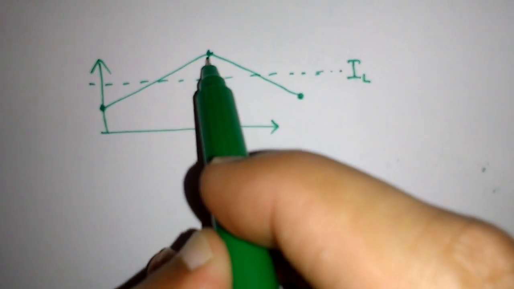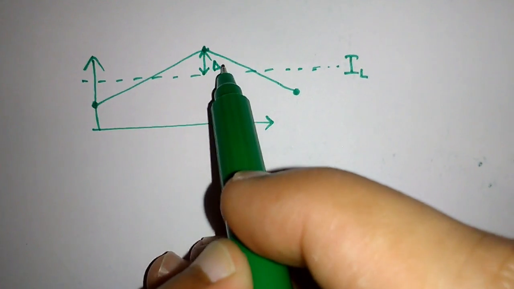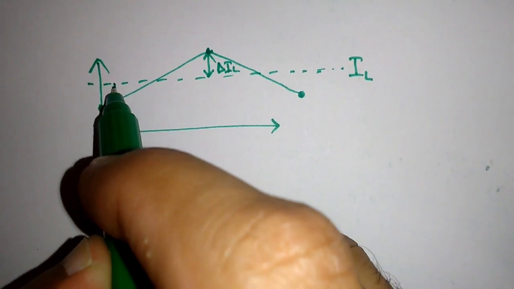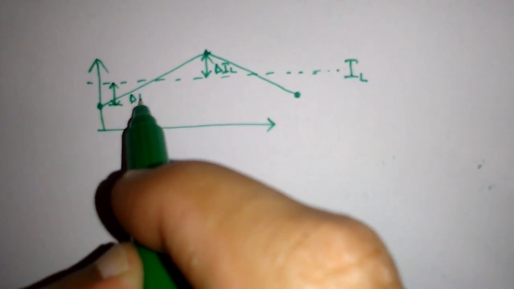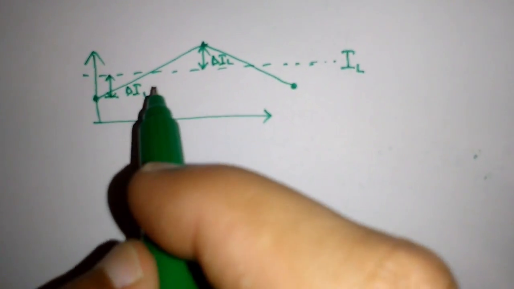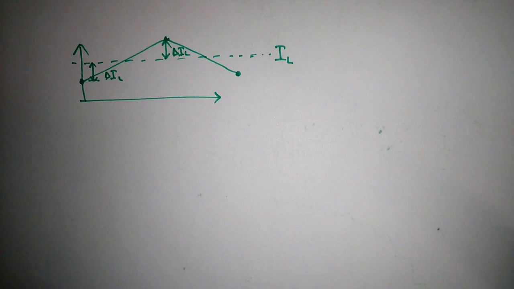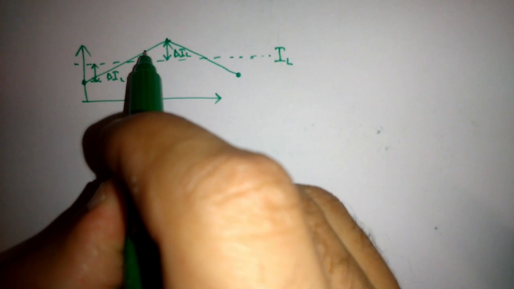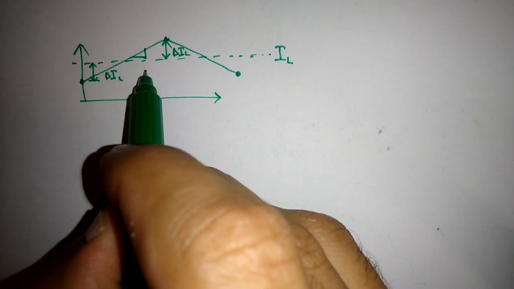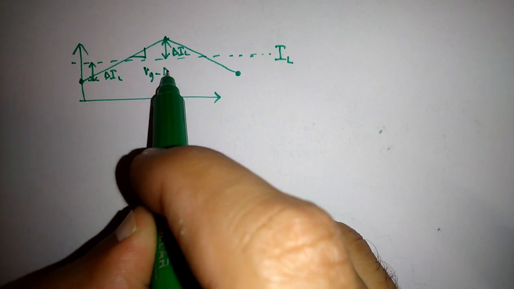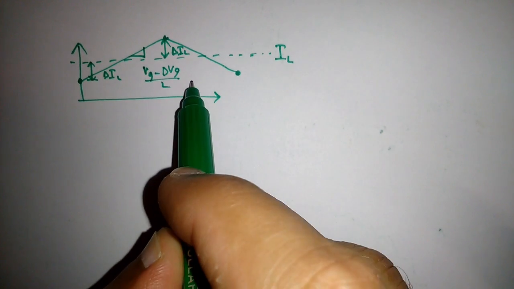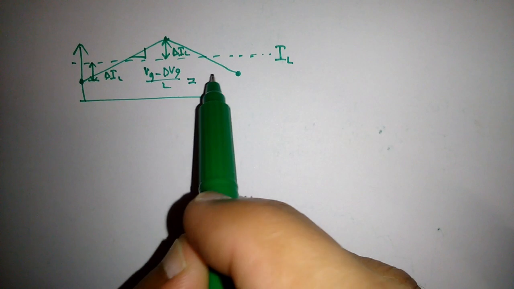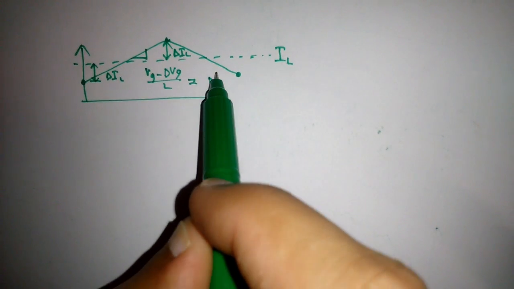So the change in the inductor current is equal to delta IL, and similarly this point is also delta IL, and we know this slope is equal to Vg minus dVg over L,